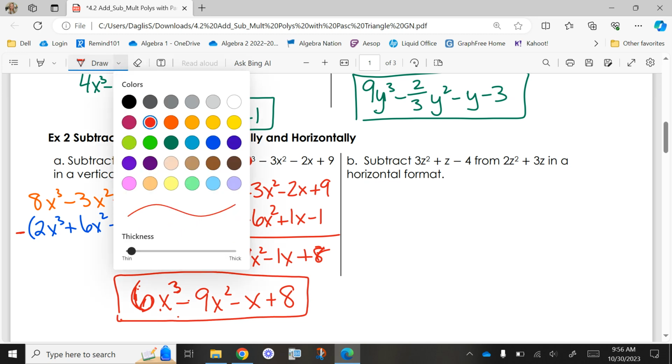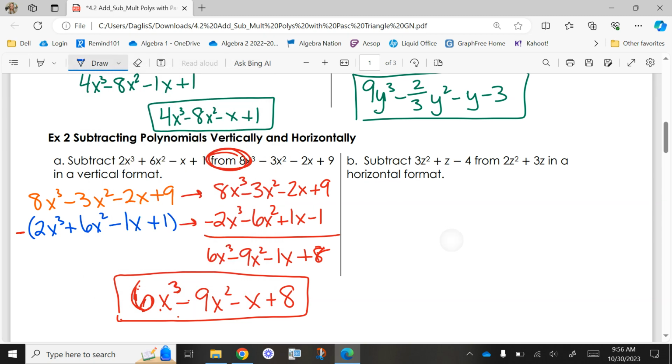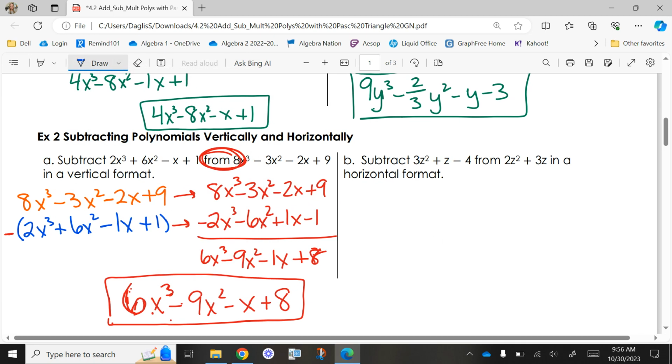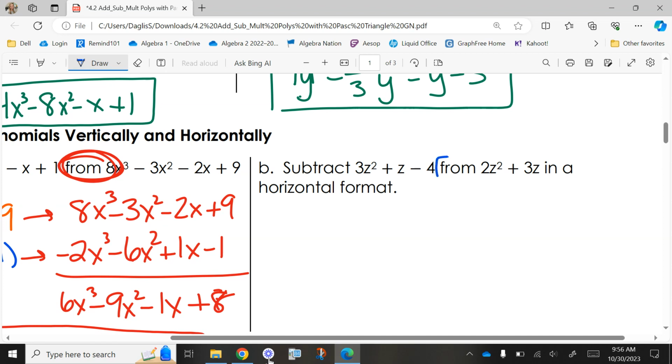All right, let's do another one. Horizontal format. Again, recognizing that verbiage. We're subtracting 3 from 2. We're subtracting z from 3z, right? So we're going to do 2z squared plus 3z first. 2z squared plus 3z,